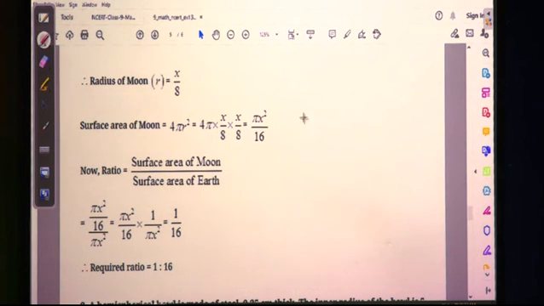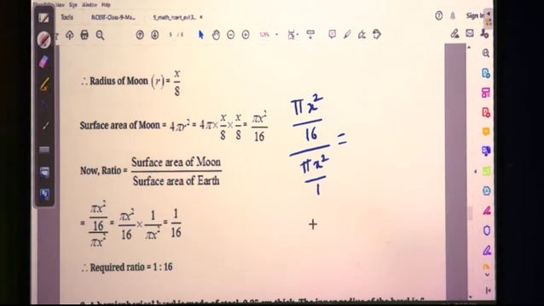What exactly it is? Pi x square upon 16 upon pi x square. This is what? No denominator for the second fraction. Nothing means 1. We know this very well. If no denominator is present, the denominator is 1. So, it is pi x square upon 16 divided by pi x square upon 1.